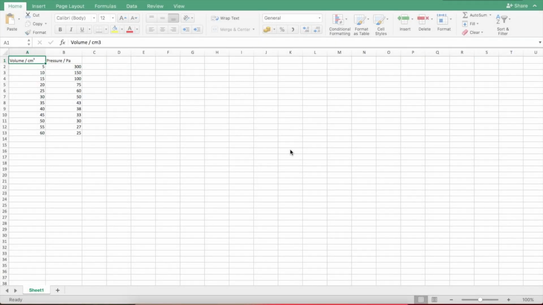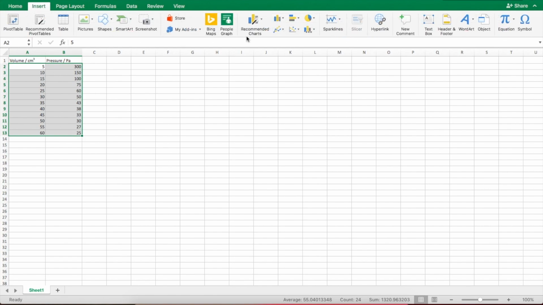So, Mr. Donnelly, what are we going to do today? We are going to have a look at the relationship between pressure and volume and see what sort of graph we can draw of these two. Sounds great. The first thing we're going to do is have a look at the graph we get when we look at these values here. So we've got some values for volume of a gas, and we've got the pressure that the gas is under, and we're going to draw a quick graph to have a look at what they look